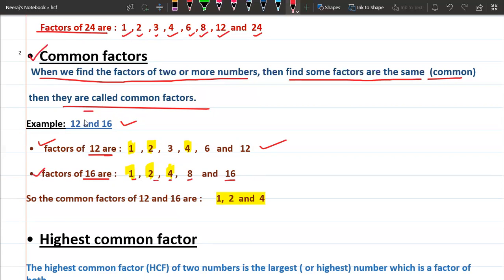Now, children, we are talking about the main concept, that is common factors. What is a common factor? Which is the same in both the numbers. The numbers which are the same in both the given numbers, present in both, are the common factors. So if I check, 1 is present in 12, and 1 is also present in 16, so these are common factors, so we will circle it, right? Then after it, we have to check the number 2.